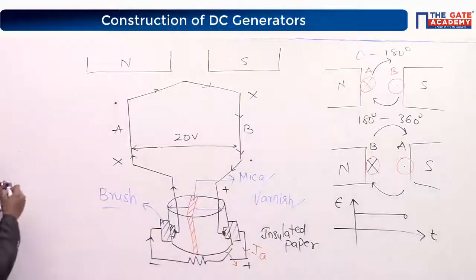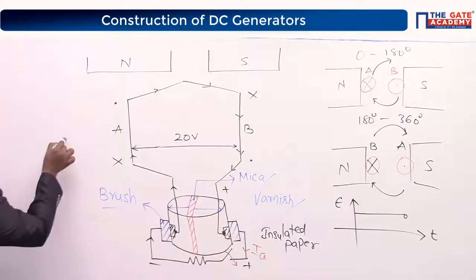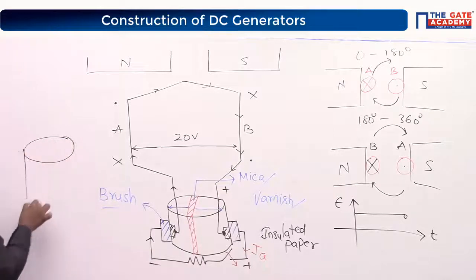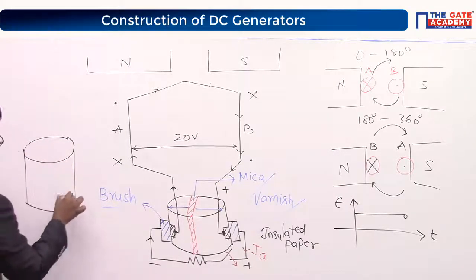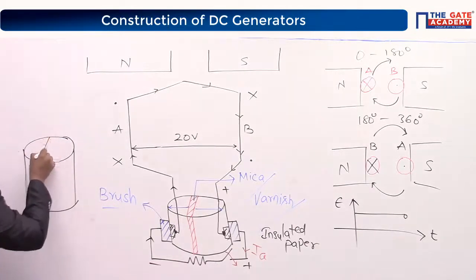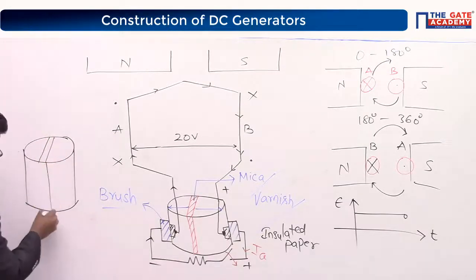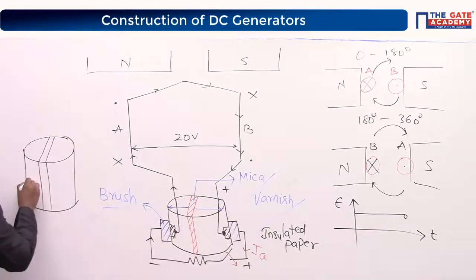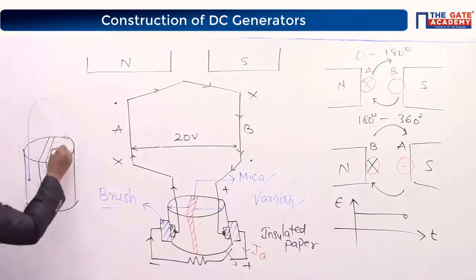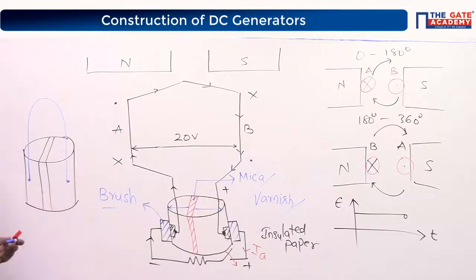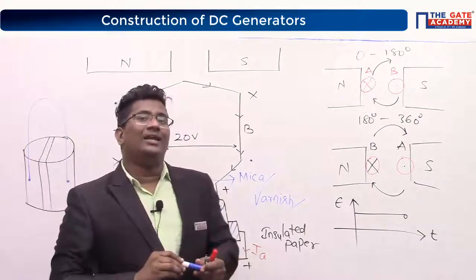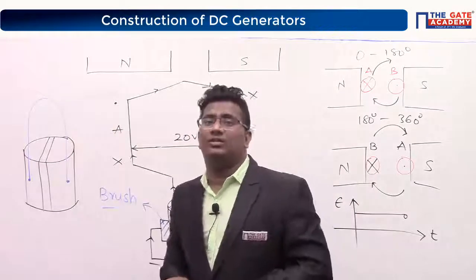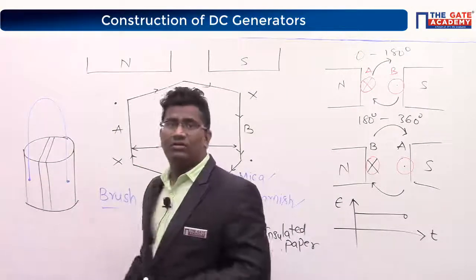Like this. Look at the board, everybody. See, this is my commutator. Concentrate, don't miss any point. This is my first coil insulation. Now, if I have another coil, look at here, this is my blue color coil. Are you getting my point? I have another coil also. Can I place another coil also here?